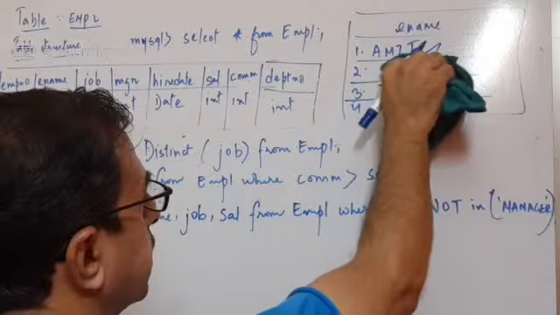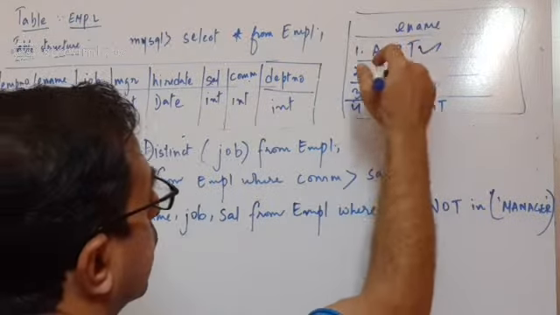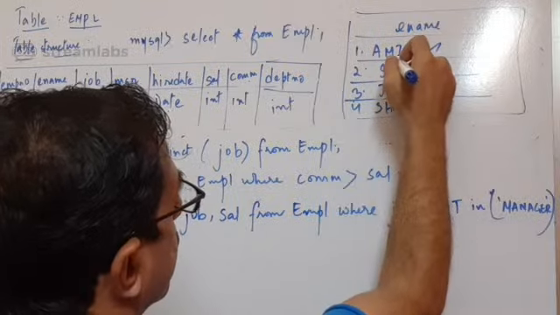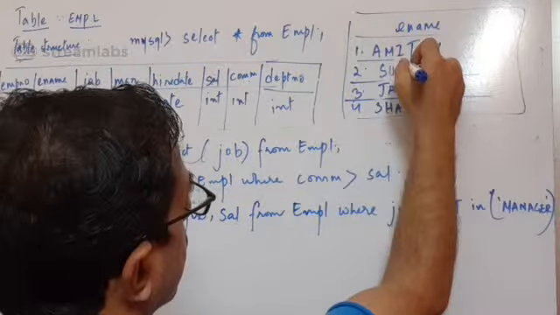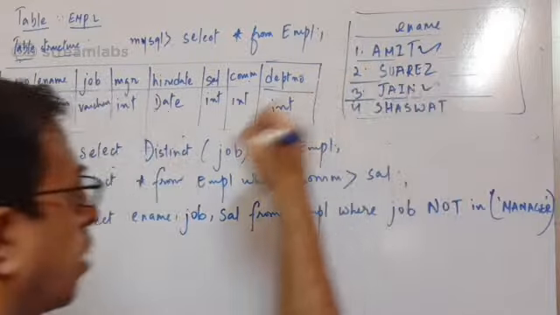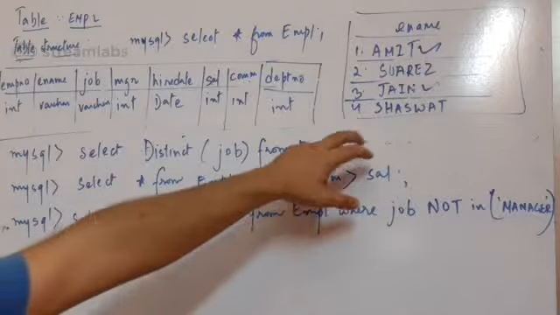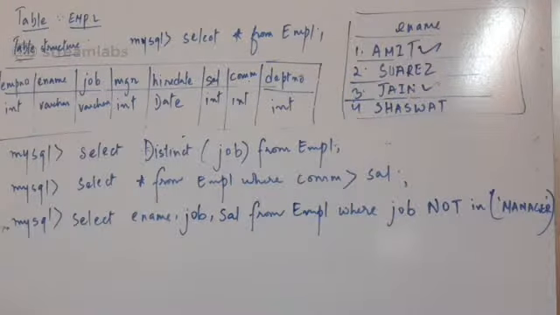Now I have modified one more name, which is Suarez, and Shashwat is there. So I want to pull out these two names, but I need to focus on the number of characters as well as the position of that particular alphabet A. So what I need to do is, in the MySQL prompt,